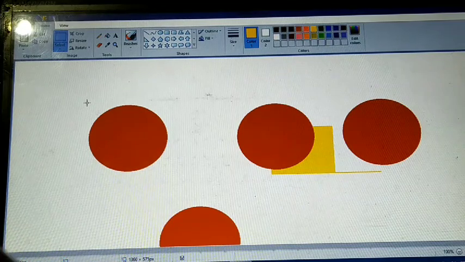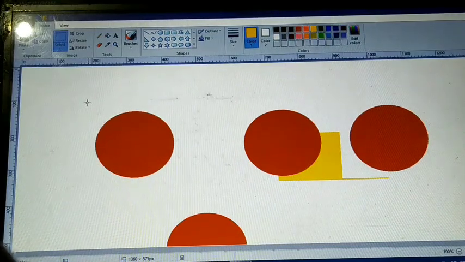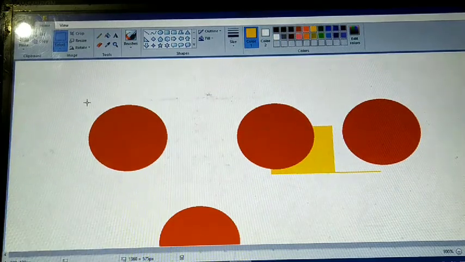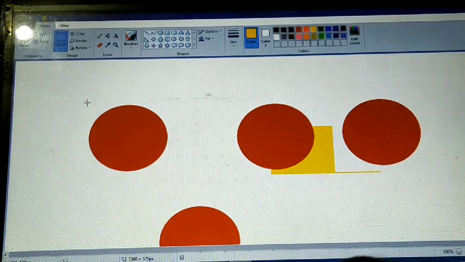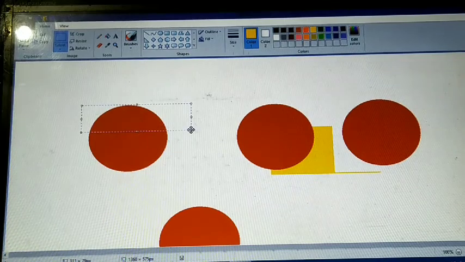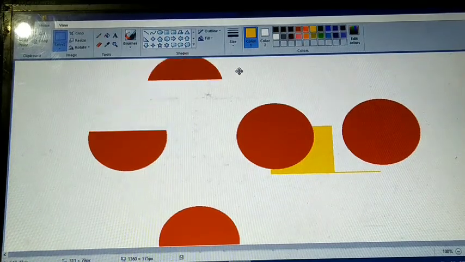Again if I want to see that it was correct, I press Ctrl plus R, so it is getting back to its original position. Redo means it will again go back. Suppose I am selecting this object and I am removing it.